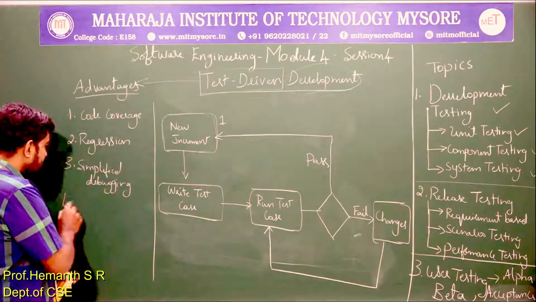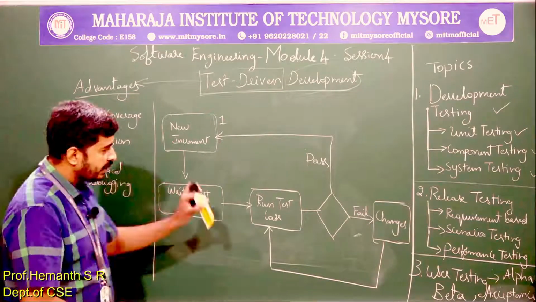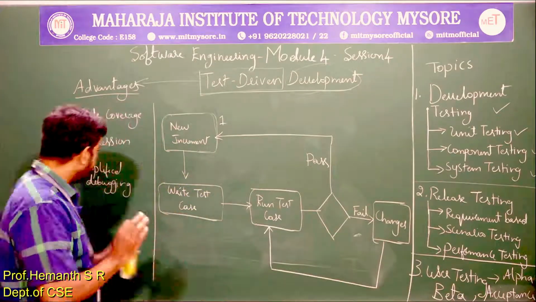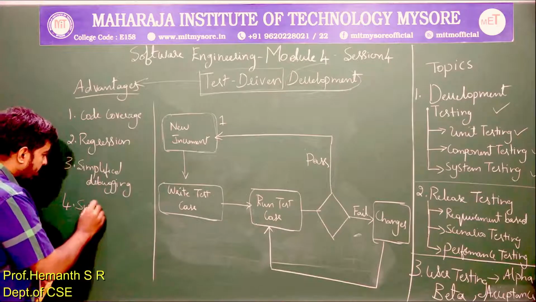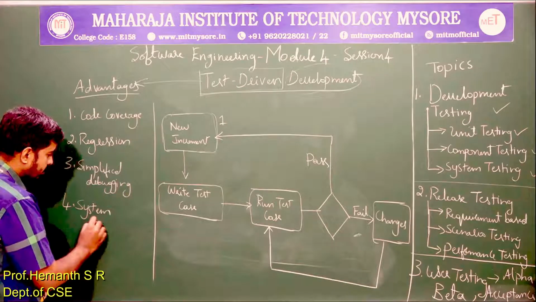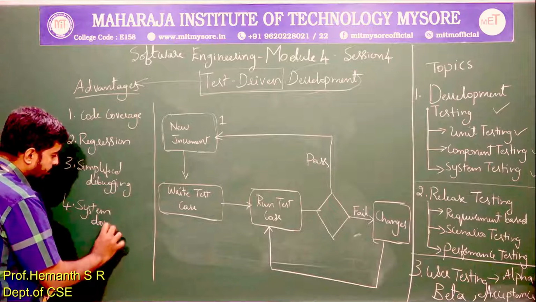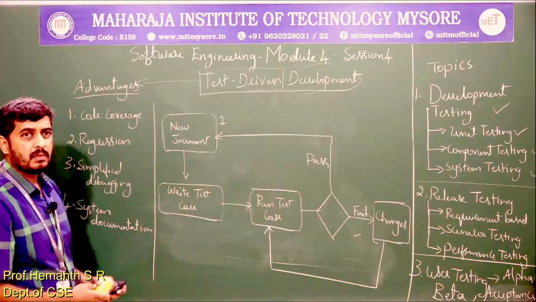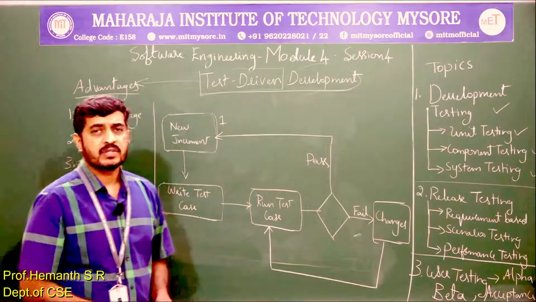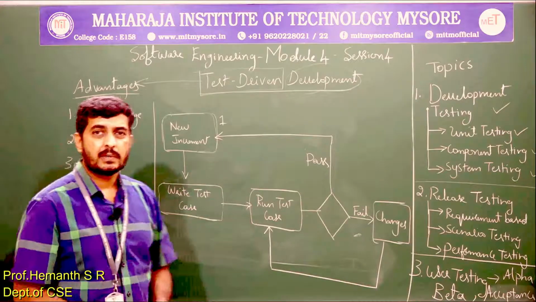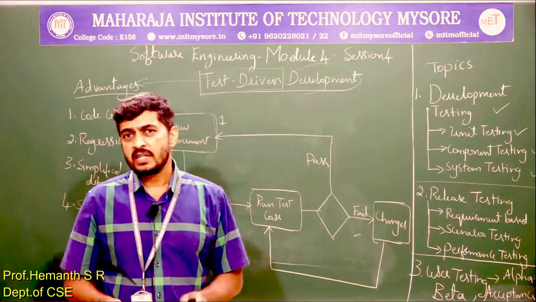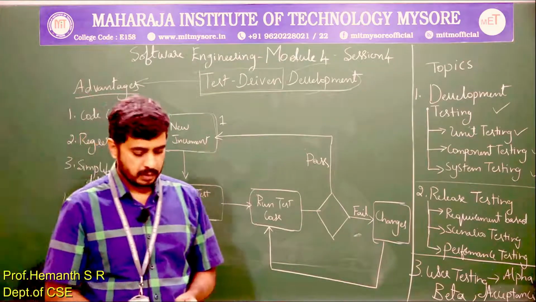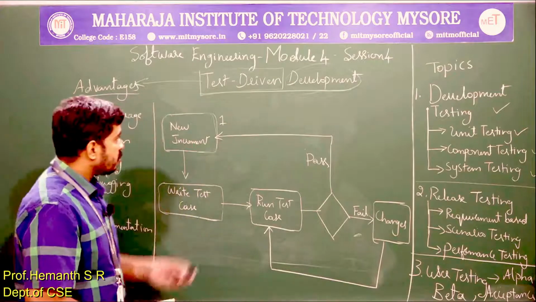Also documentation. Since we are observing the finer details of the code and testing it, we can come out with carefully documented content. So documentation. These are a few benefits of the test driven development approach, where you strategize design and development with emphasis on testing. So this was one of the approaches.